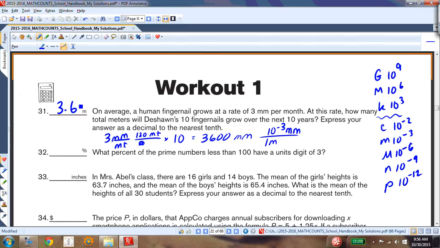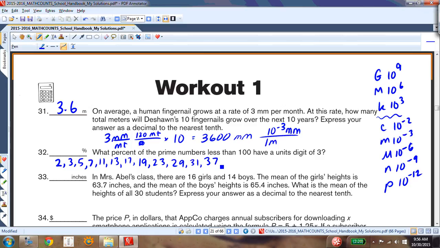What percent of prime numbers less than 100 have a units digit of 3? Oh gosh, I guess just write out all your prime numbers. So we're going to start with 2. 1 isn't a prime number. 2, 3, 5, 7, 11, 13, 17, 19, 23, 29, 31,